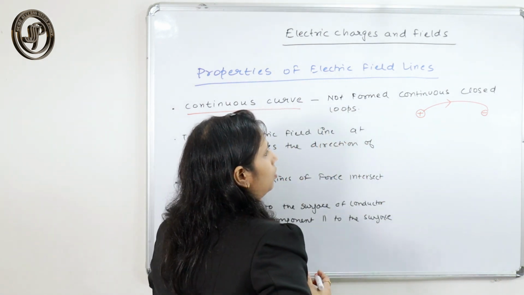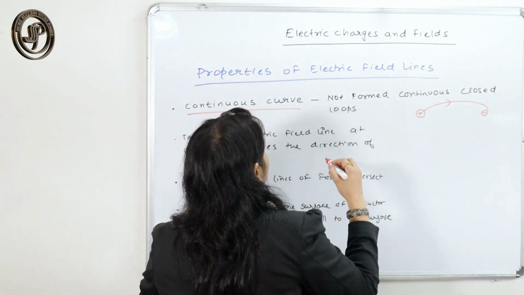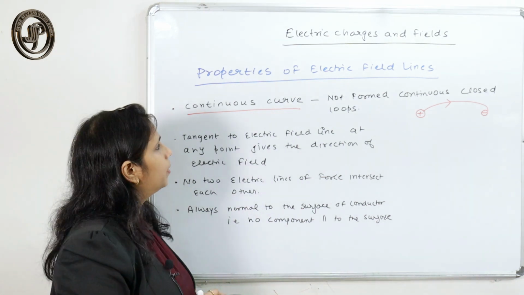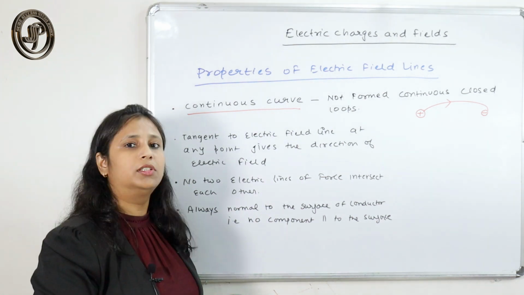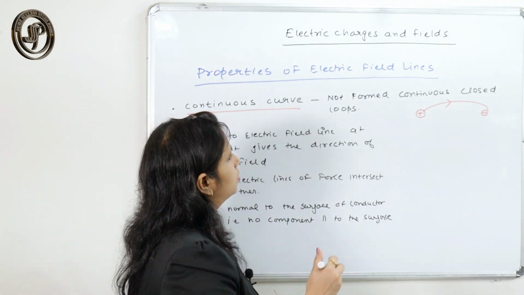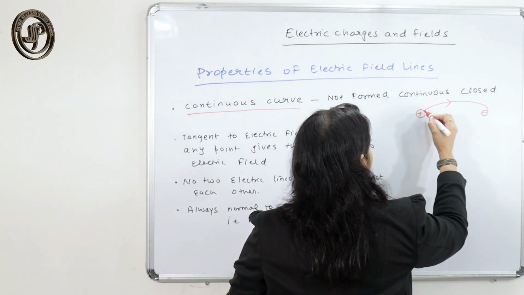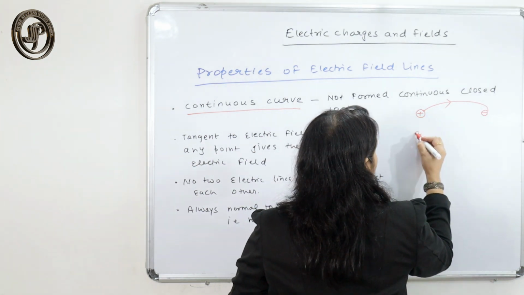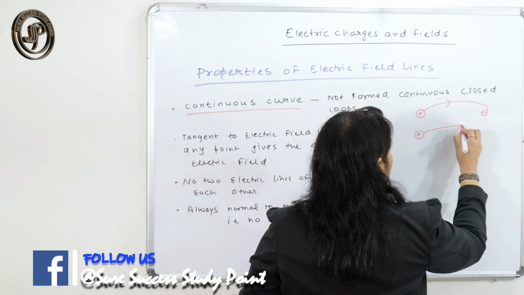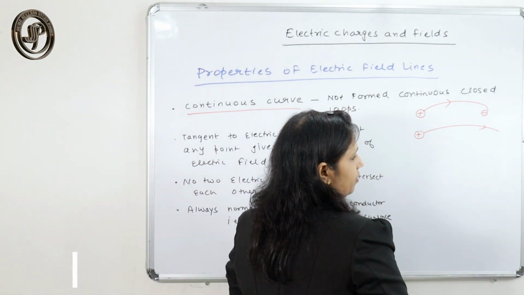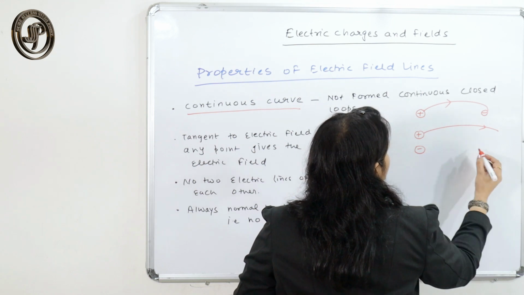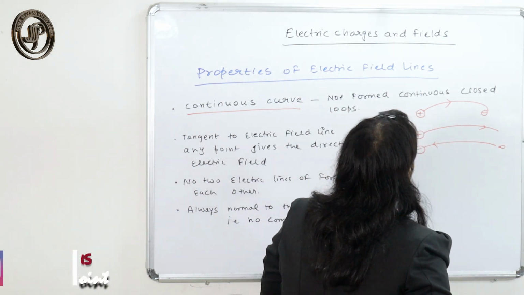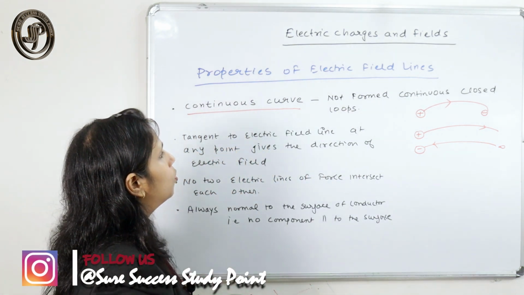Therefore they form a continuous curve, but not a closed loop. For a positive charge, the lines start from the charge and end at infinity. For a negative charge, they start from infinity and end at the negative charge. So they don't form